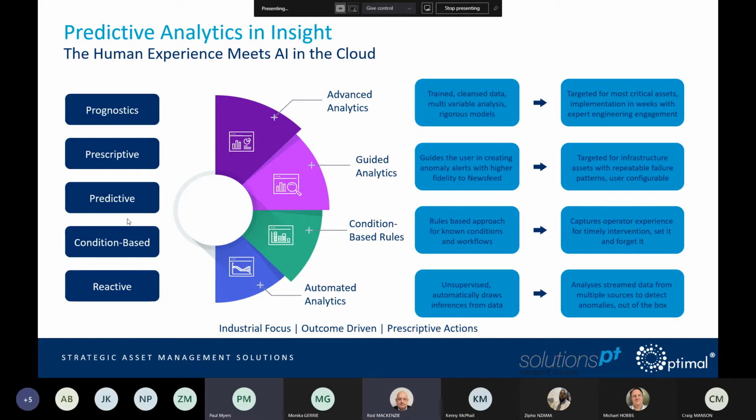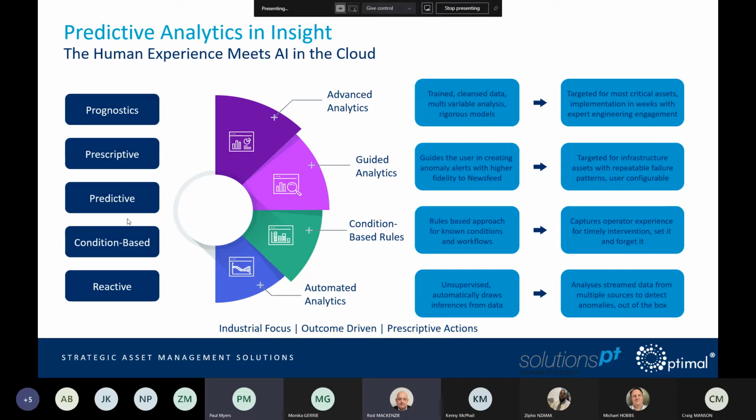Then we have automated analytics, where the system sits in the background looking at all the parameters that you've configured into it for your plant process measurements. It can detect anomalies in those measurements and then flag up those anomalies to operators and engineers in what we call news feeds. It's a bit like if you've got a news feed on your mobile phone, you might have a piece of information from BBC News, for example. You can click on that, view it, and say whether it's interesting or not. Very similar principle here. So we have automated analytics going on in the background that learns from the responses from